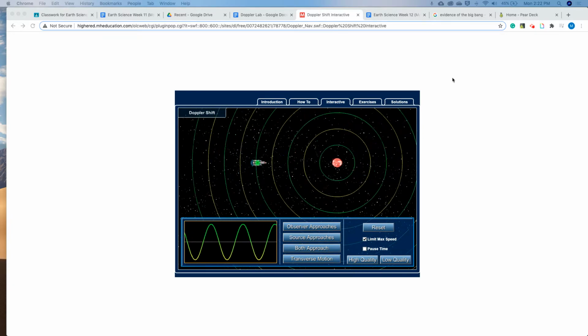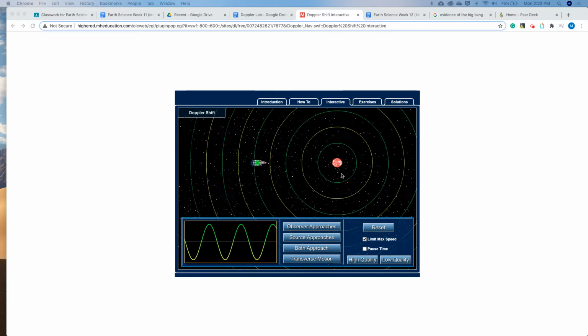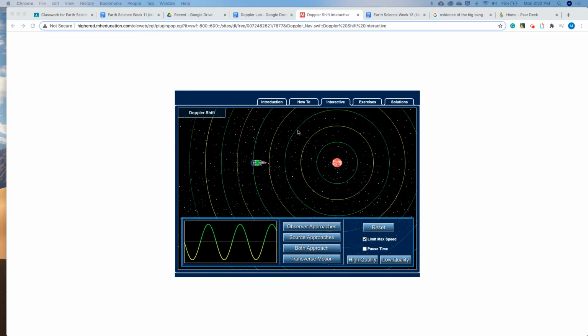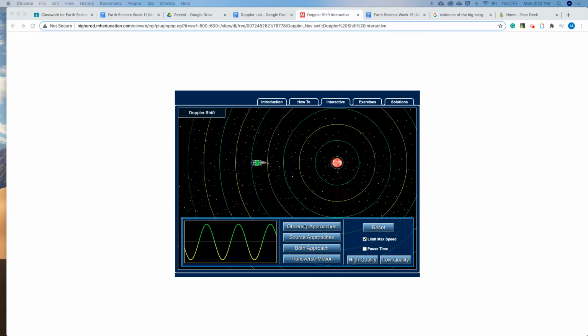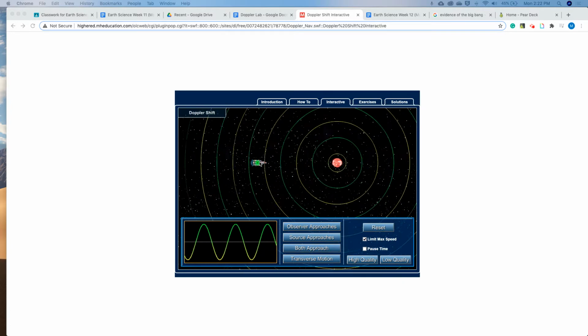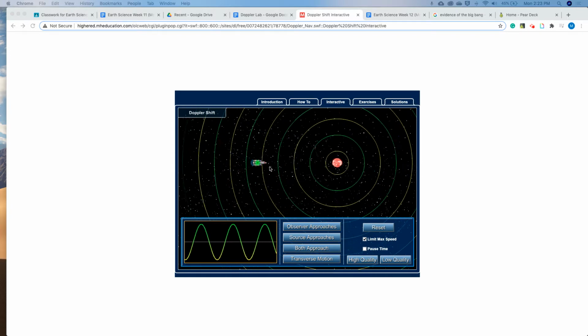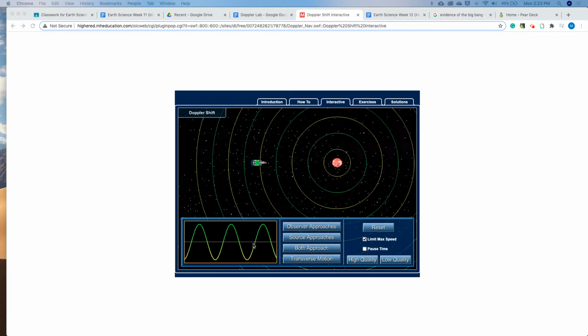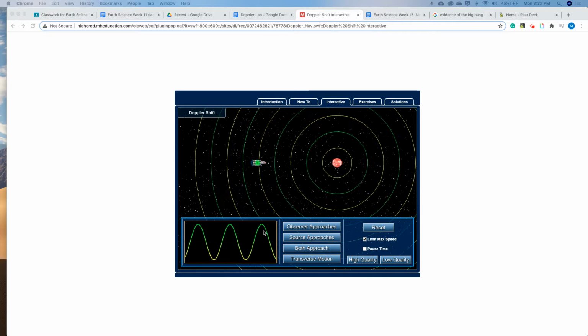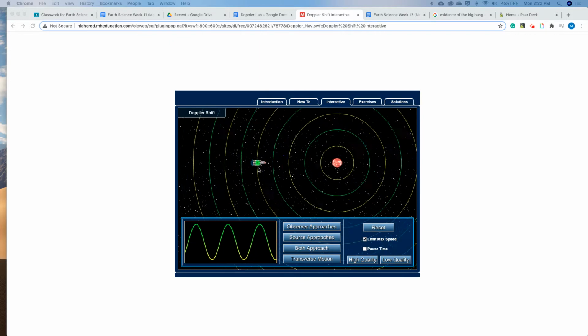And so in the case of the simulation, you have two different objects. You have a star over here that's giving off light, and these circular things are basically waves. It's radiating energy. And then you have this rocket ship, which is what we're going to call the observer. And so you're looking at the wavelengths that are approaching you from this star over here. On the bottom of the simulation, you'll see the wavelengths and frequency that the observer is